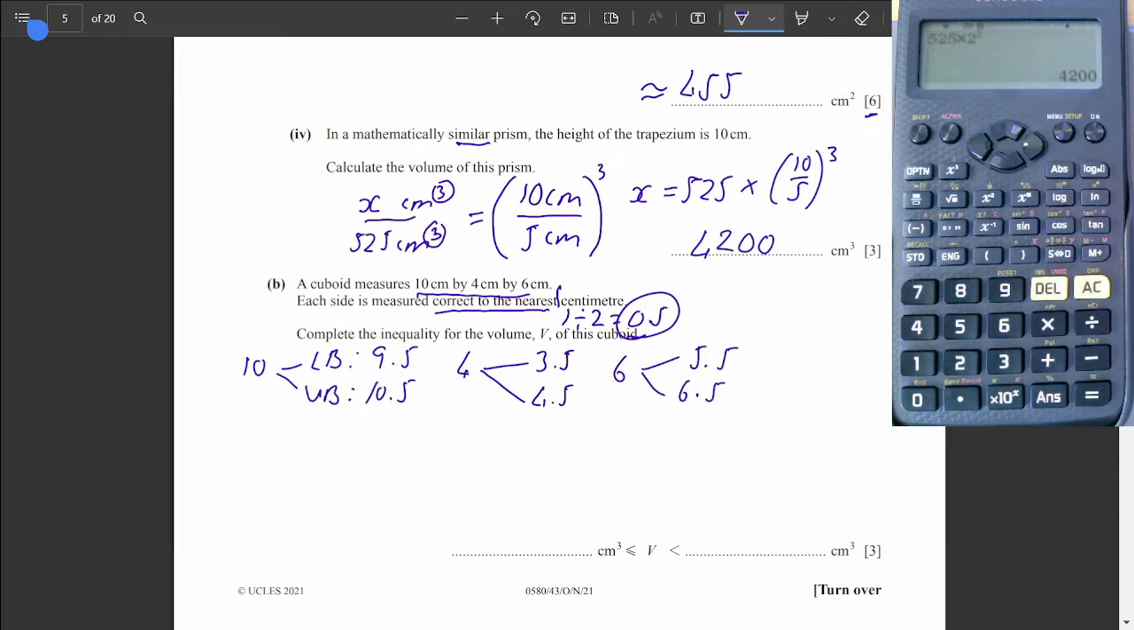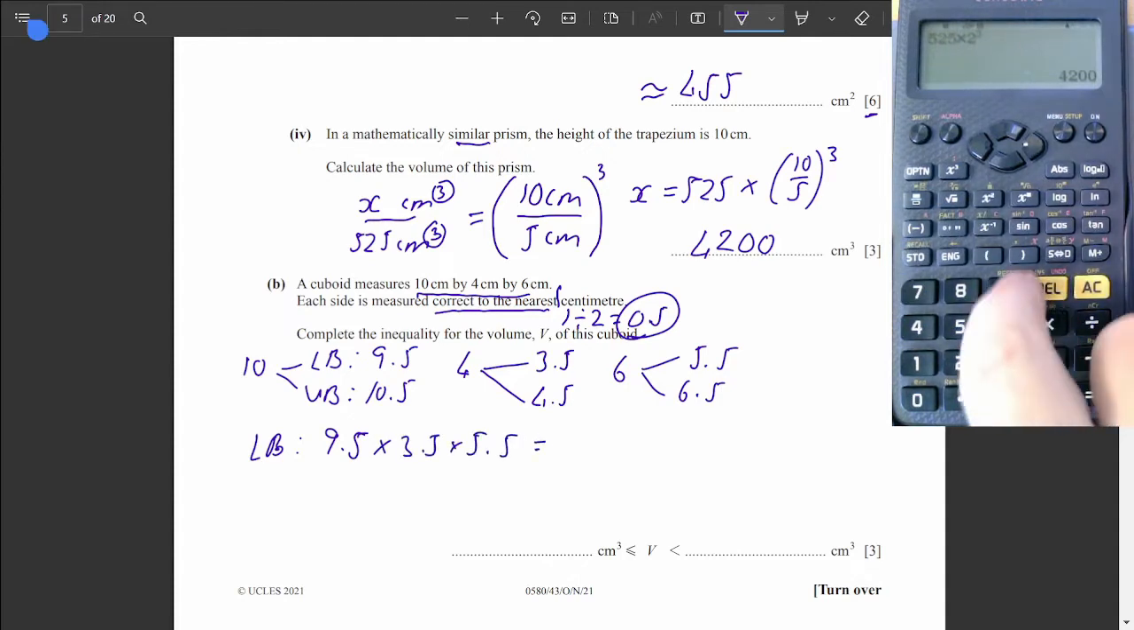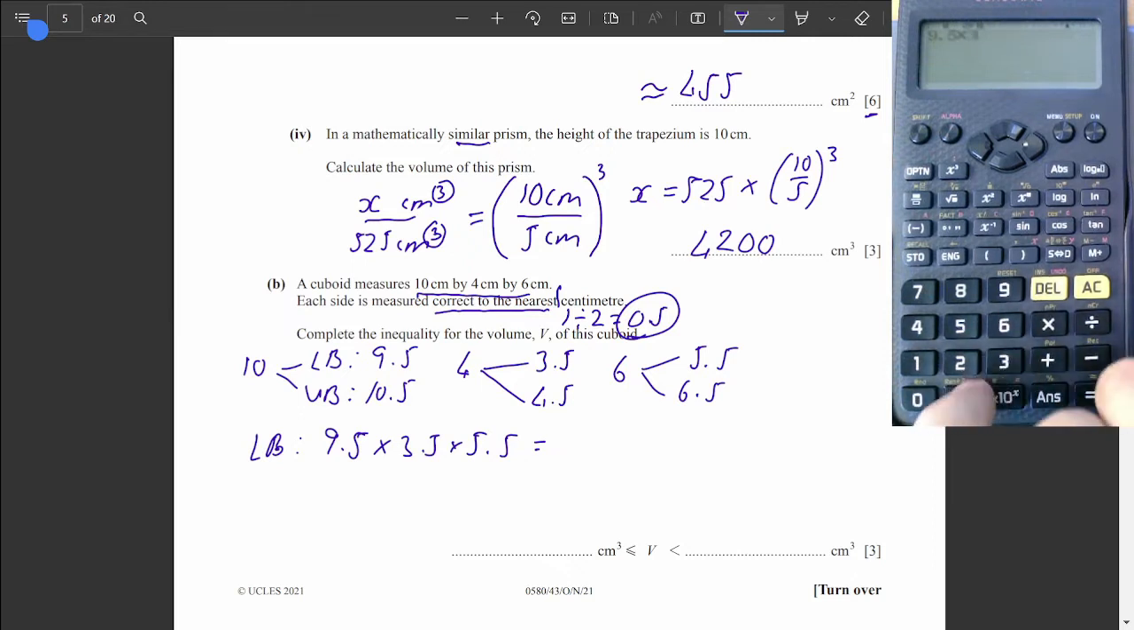Okay, before you do any calculation, you work out the bounds. Now they're talking about the volume, so that's easy. For a cuboid volume, you multiply them together. So for the lower bound, we multiply together the lower bound values. So 9.5 times 3.5 times 5.5. Okay, and it gives us